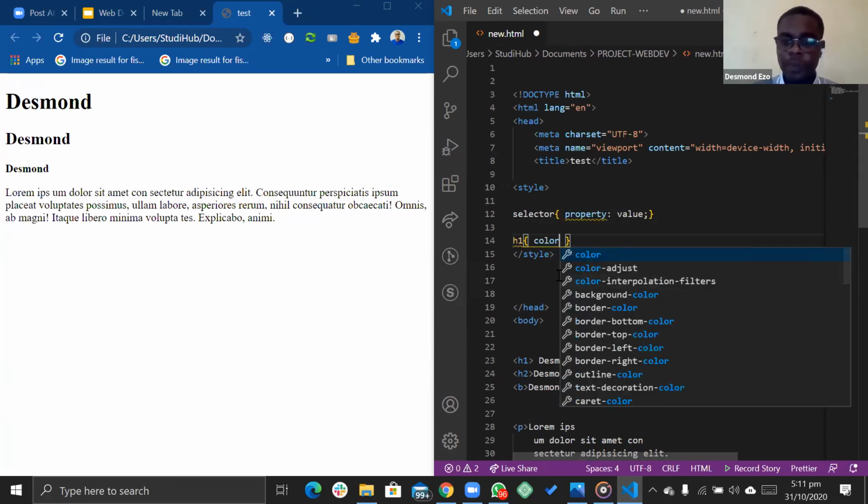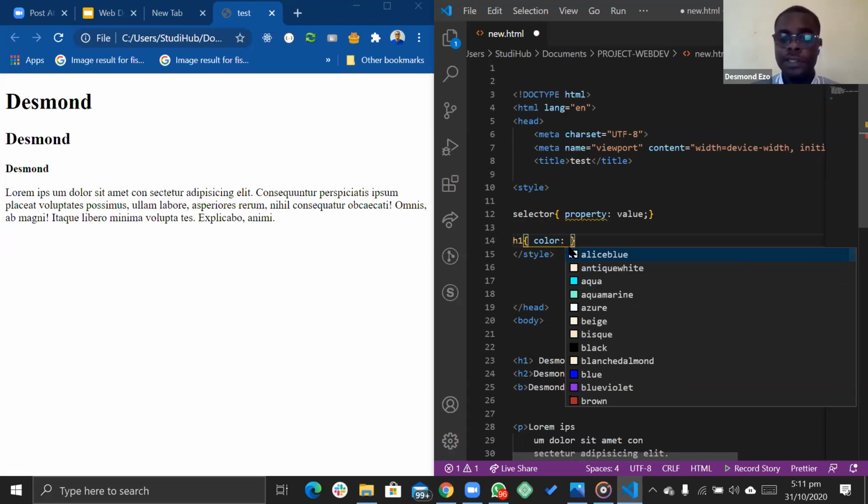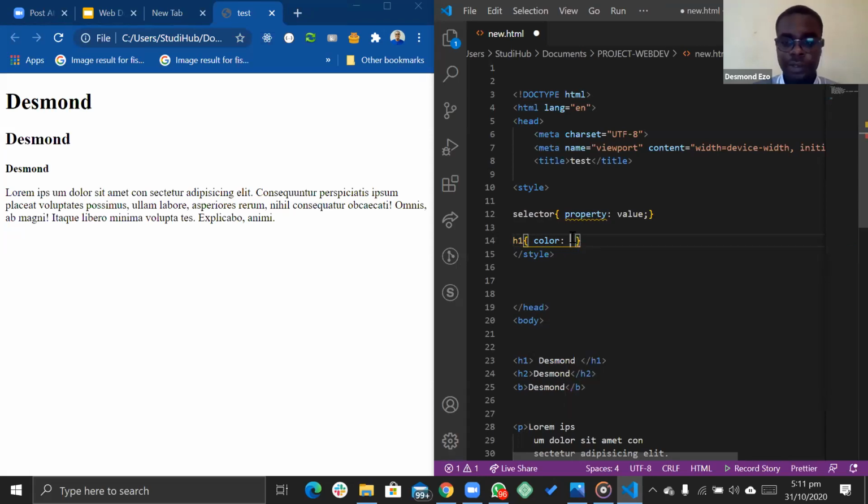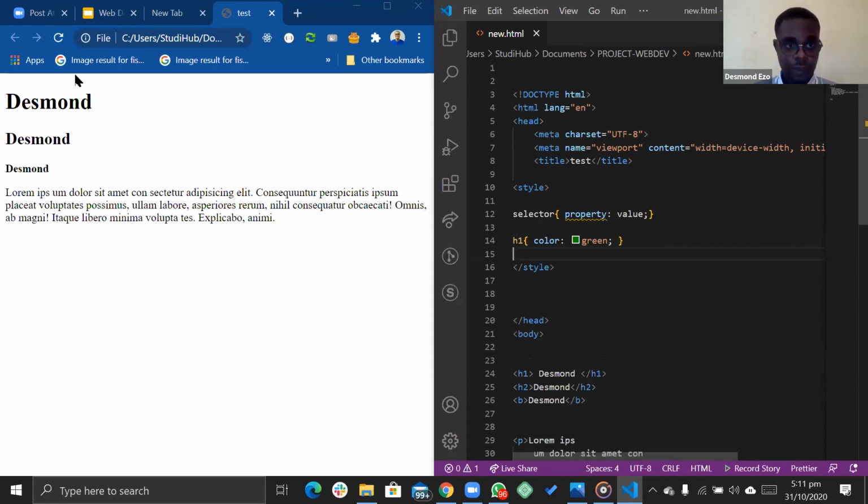This is the proper way they've set out for you to spell color in CSS. Now I'll specify the color I want, which is green. So I say green, then I close it with my semicolon. Then I save. If I refresh, you notice here it immediately turns green. You can try that. It's that simple.